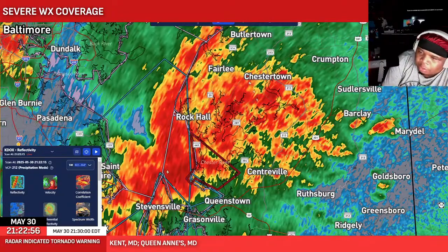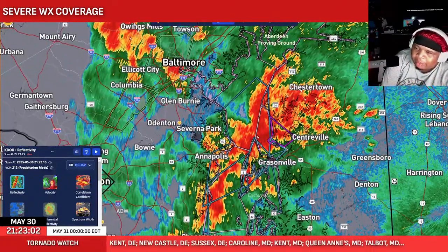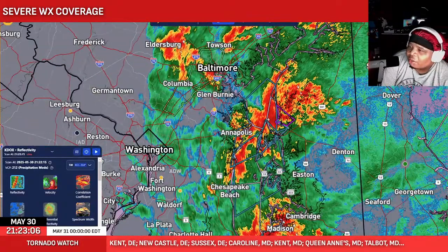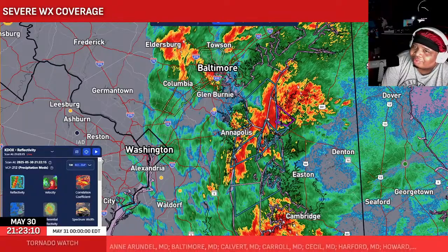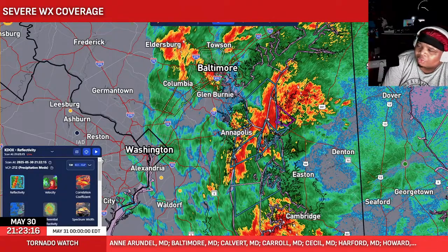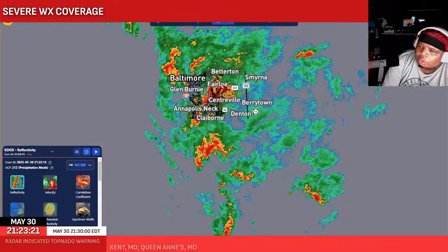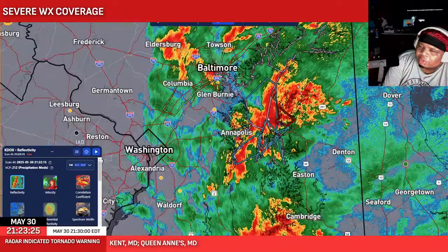Let's just look at the rain aspect of this, and it's starting to get more linear. It's definitely becoming more linear, which would very much encourage me in terms of any tornadic activity being decreased over the next 20 minutes or so. Really, maybe 10 if this warning gets dropped, but we'll have to wait and see. Of course, there's something we'll have to watch for, but